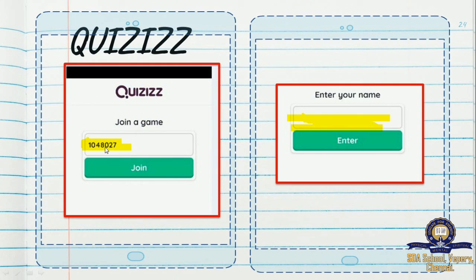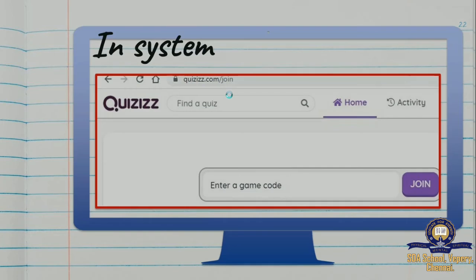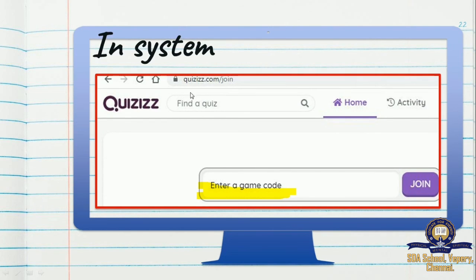Once you type the game code and click join, it will ask you your name. Once you enter your name, you can play the game directly. And those who have a system, you can log into quizzes.com directly and enter the game code, then you can play the game. Understood, children? This is how you will play the quizzes.